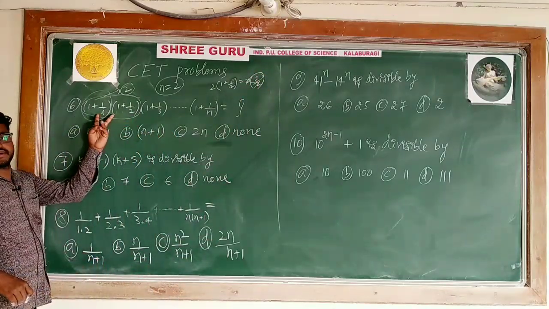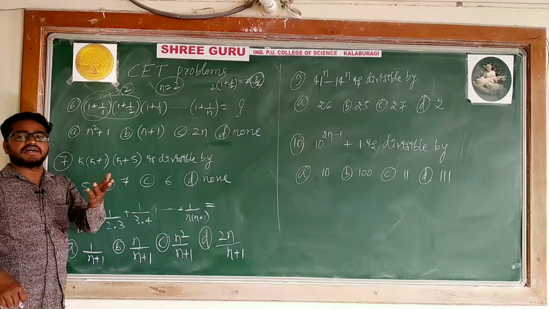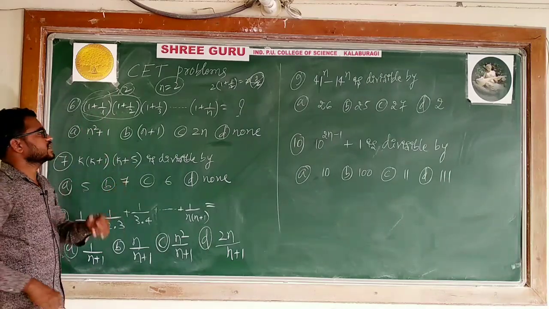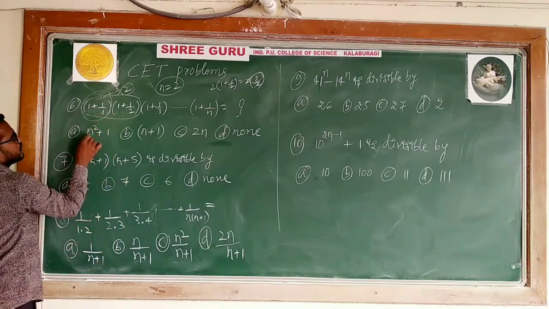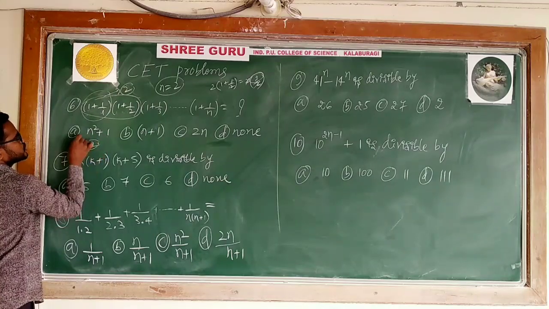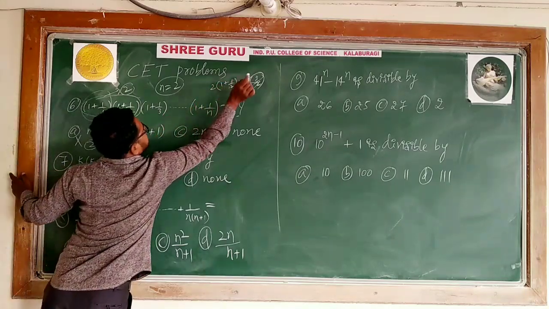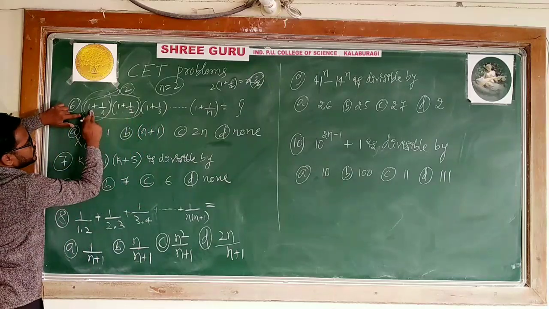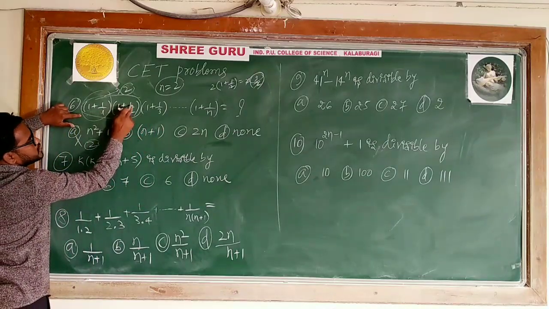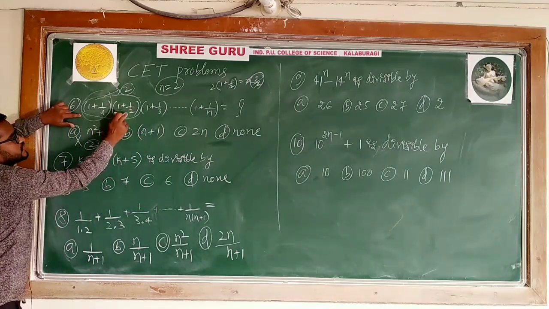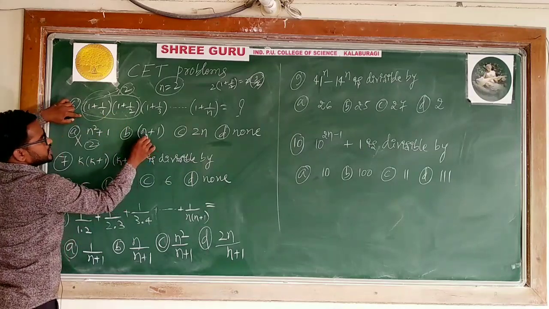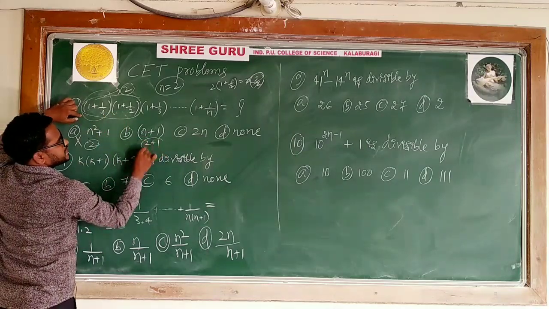The required term is 3. On the basis of this you can decide. For n is equal to 1, 1 plus 1 you will get 2, but 2 is not the option because we need to get 3, since it is the product of these two: 1 plus 1 is 2, and 1 plus 1/2 is 2 plus 1, that is 3/2, so the 2 cancels and 3 is the answer. For n is equal to 1 it fails. For n is equal to 2, 2 plus 1 is 3. Yes, it is 3.